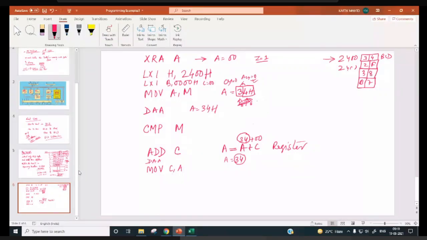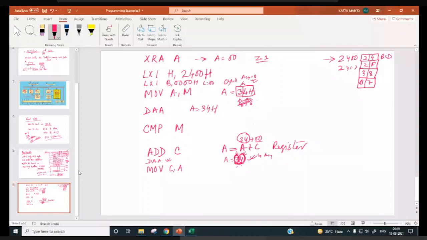Then the DAA instruction will check each and every nibble of the result. Both nibbles will be checked. The carry flag and auxiliary carry flag will be checked, and based on that it will add 66 or not, and finally it will produce the result.